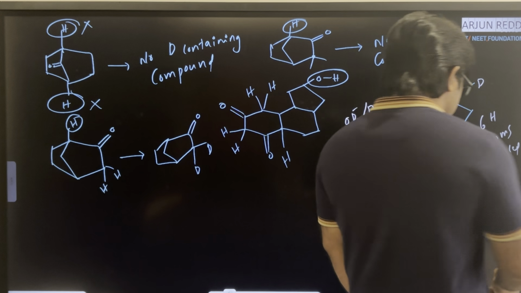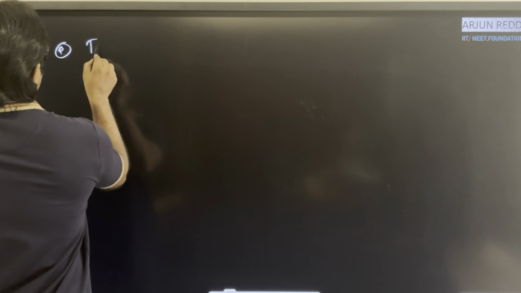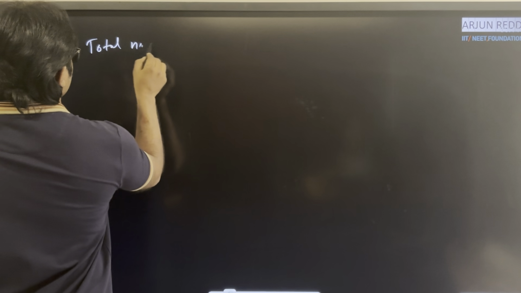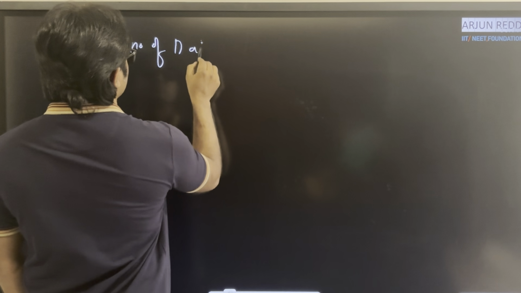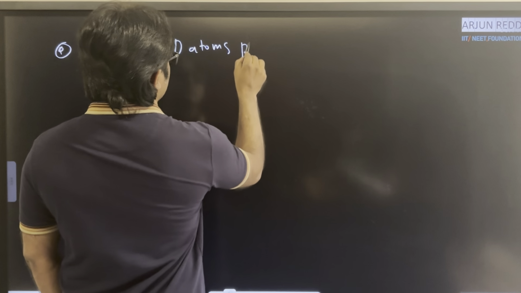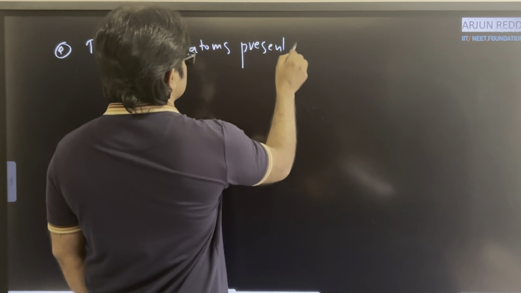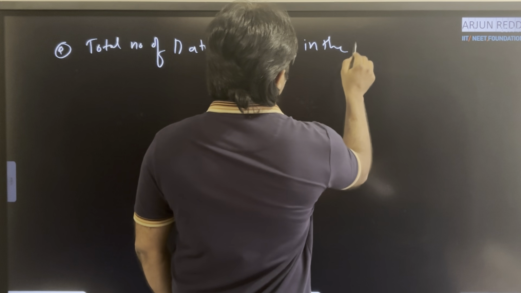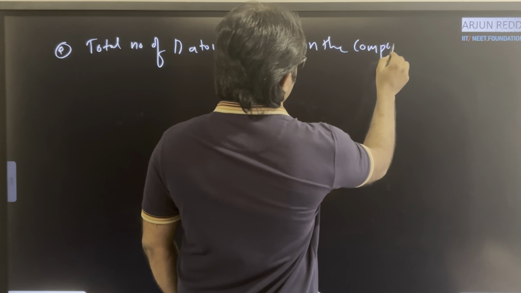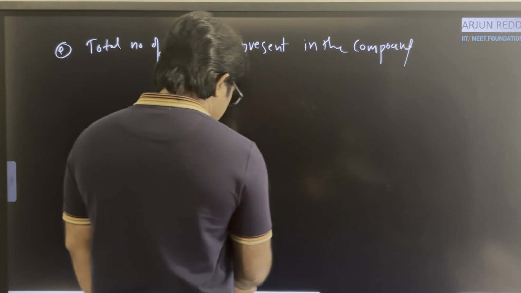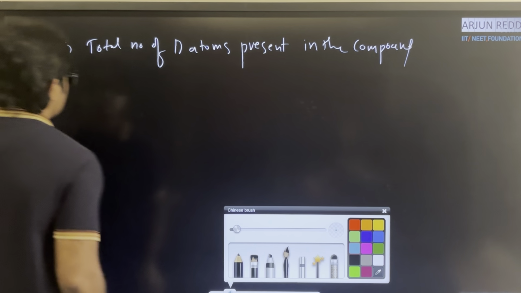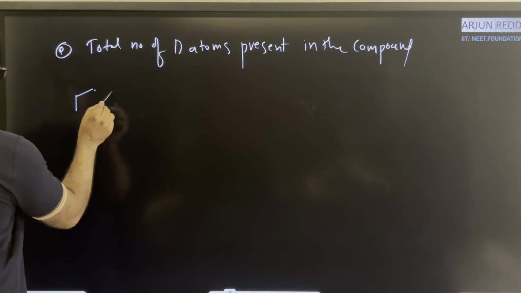Last question I am giving: total number of deuterium atoms present in the compound. That is our question. You write like this: